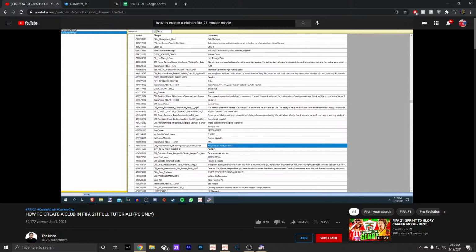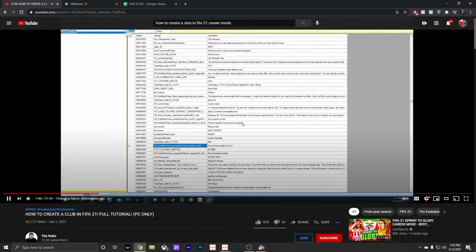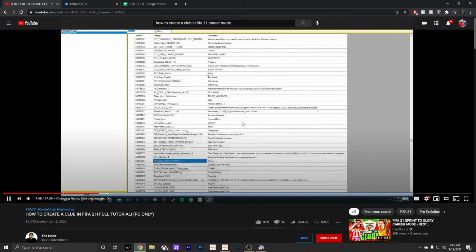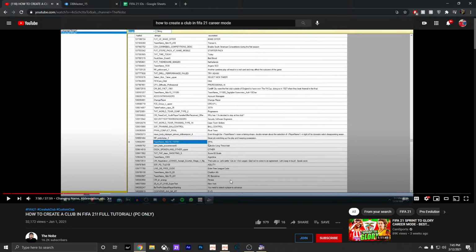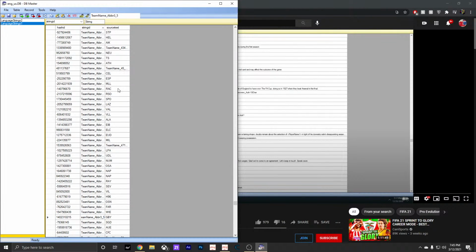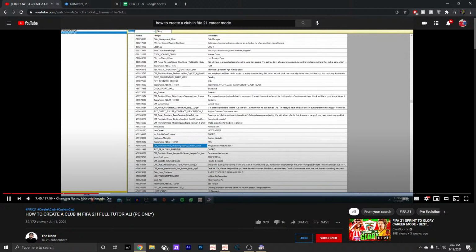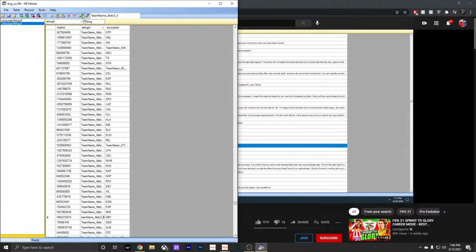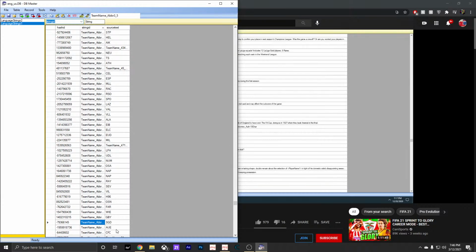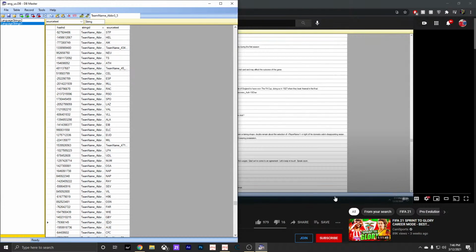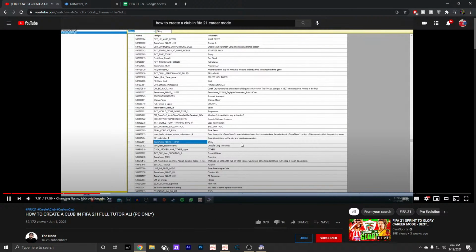What you're going to need to do is once again go back to string ID, click find. It's going to bring you to the next thing about SPAL. This is team name abbreviation, but